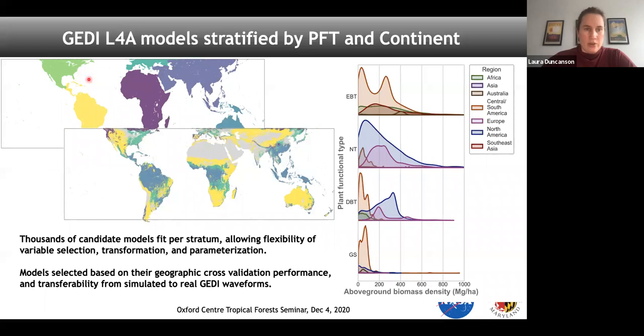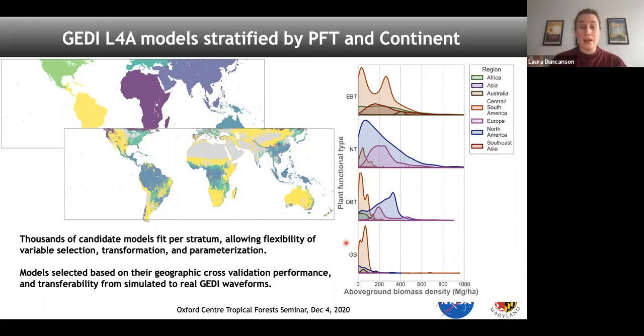So here we have our region map and our PFT map, which is from a MODIS product. The 4 classes, very broadly, are evergreen broadleaf tree forests, needleleaf tree forests, deciduous broadleaf tree forests, and then a generalized grassland-shrub class. It's everything like woodland, grassland, shrubland, stuff that doesn't fit into the other three categories. We put it into this grass shrub category. So these are very, very broad.